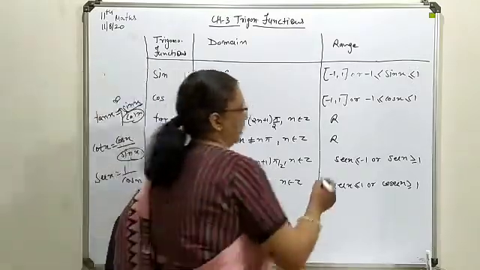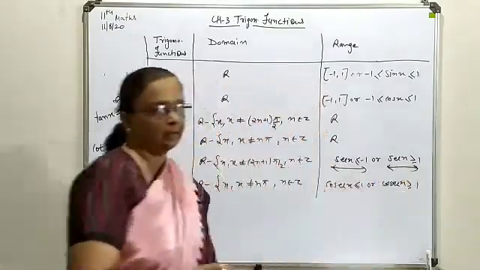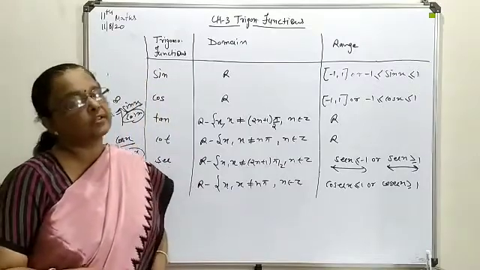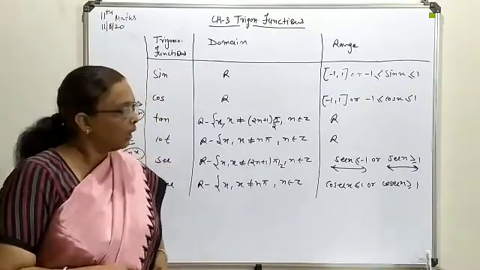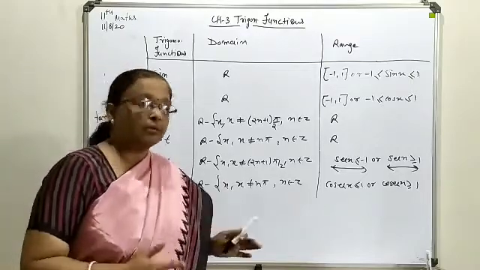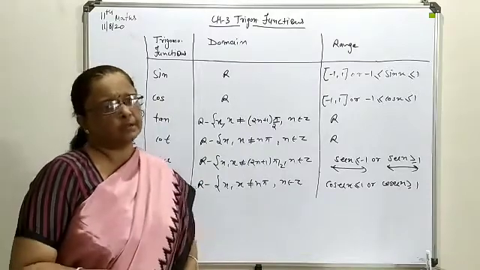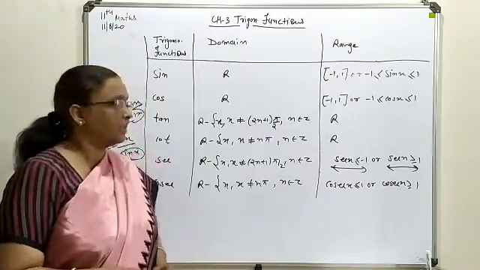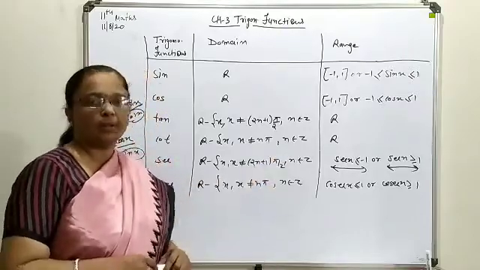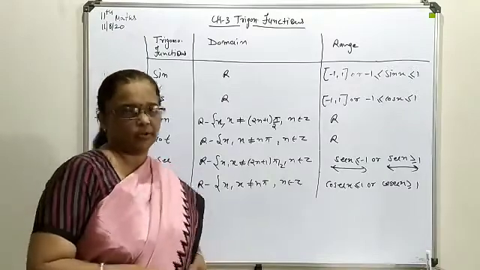Now this is an important task over here regarding the range of sec and cosec. Both will give you the same solution. Sec will be either less than or equal to -1, or it will be greater than or equal to 1. In between -1 to +1, this value is not going to be evaluated, means sec does not exist there. That's why these two are to be cut. You can refer to its graphical presentation in your textbook also.